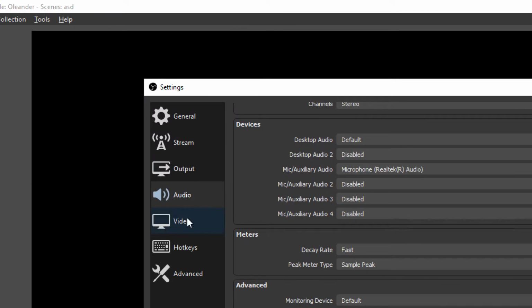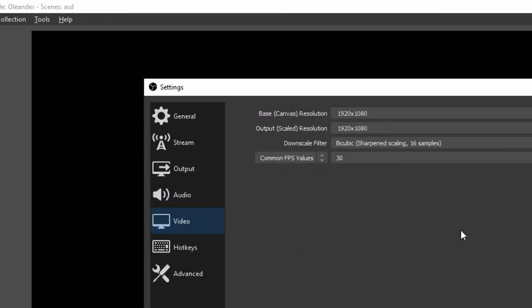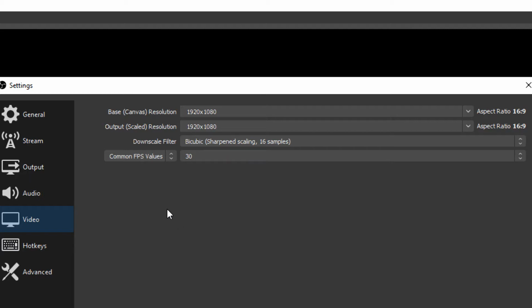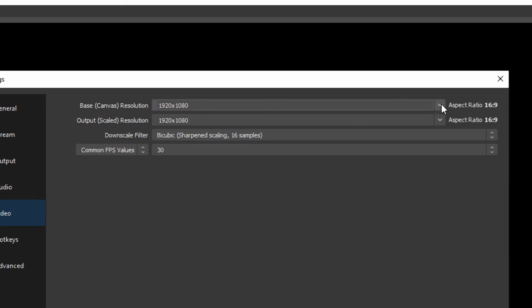Finally, you have video. For video, as you can see here, the canvas and the output scale resolution are already set there. This is typically the size of the monitor. The size of my monitor is 1920 by 1080. But in some cases,